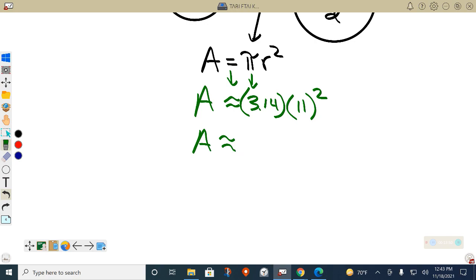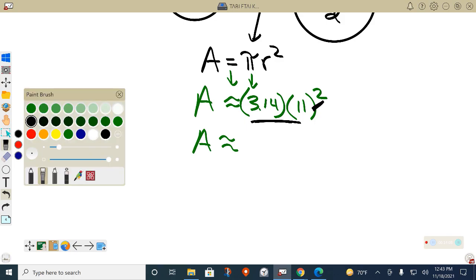Area then is 3.14. Oh, by the way, I have decisions to make. Aunt Sally, please excuse my dear Aunt Sally. Does Aunt Sally say to multiply first or do the exponent first? I got decisions to make. Exponent or multiply? Exponent comes first. So this is going to be